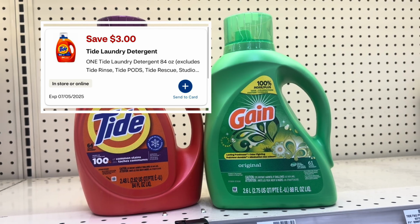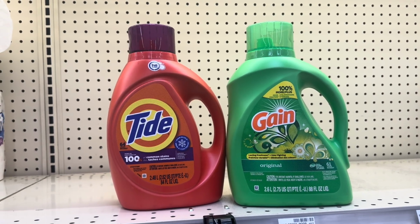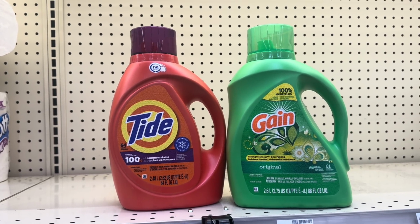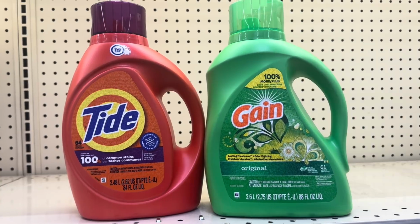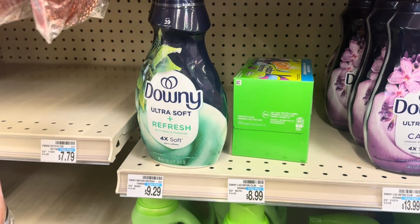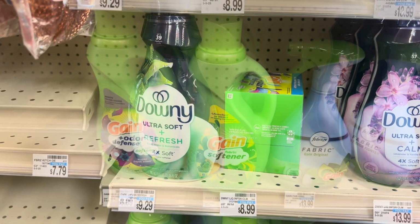That means you can use one set this week and keep the other set for next week if you want to repeat this deal. Both coupons will take off $6, and you pay $23.98, get 10 back, making them just $13.98 or $6.99 each. The fourth option I have is to pick up 1 Downy Infusion on sale for $6.99,